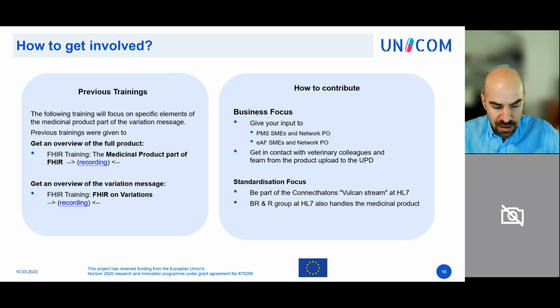And I'm the network product owner here. So I'm representing all of you. So if you do have questions, requirements, or want to see something in the message that you want to have different or so, you can always contact me for this. Now, there is the PMS group, where we have 4 member states represented and 4 industry members. You can also contact them. I believe they will publish or have already published who are the SMEs for PMS. So they will be responsible for the product part, although we can also change stuff there.